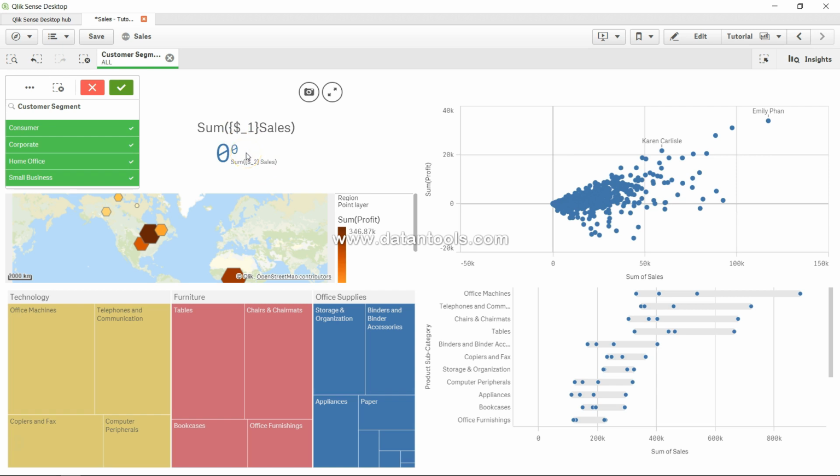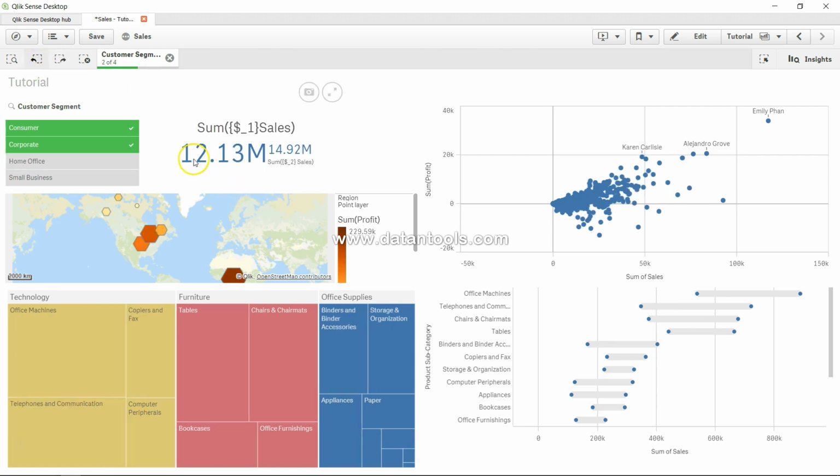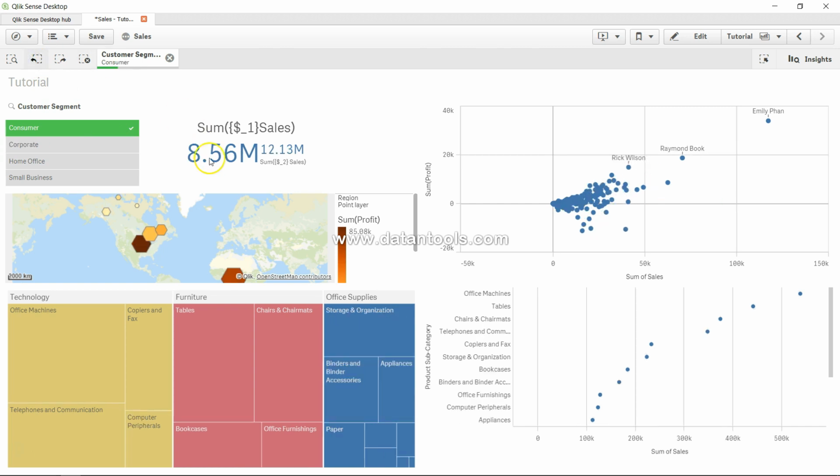It makes an impact based on how we are moving up, moving forward, or moving back. So right now we are only moving forward in this case, so it has basically recorded all the selections. So if I go 1 step back by clicking over here, step back, you will see 14.92 is basically the first value that it had captured. If I go 2 steps back, it says 12.13, probably the first 2 selections that we have made. If I go 1 step more back, you will see